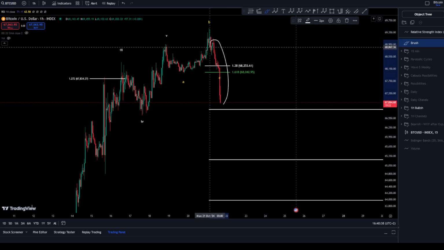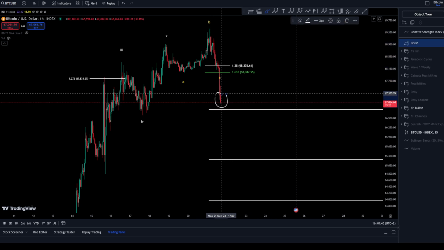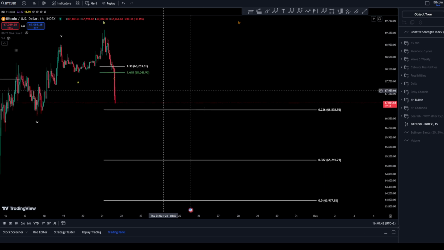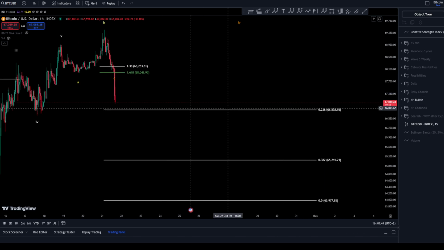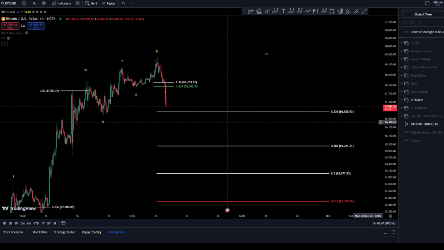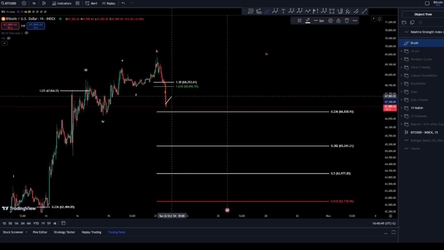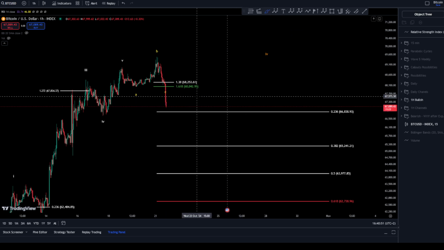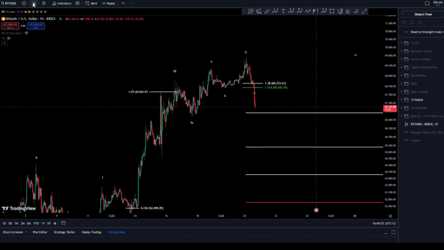However, your wave 3 is very, very long now, and we can see a very massive drop already towards 0.23, which is the minimum requirement. And of course, after this, we are requiring a 4, a 5 towards the downside.